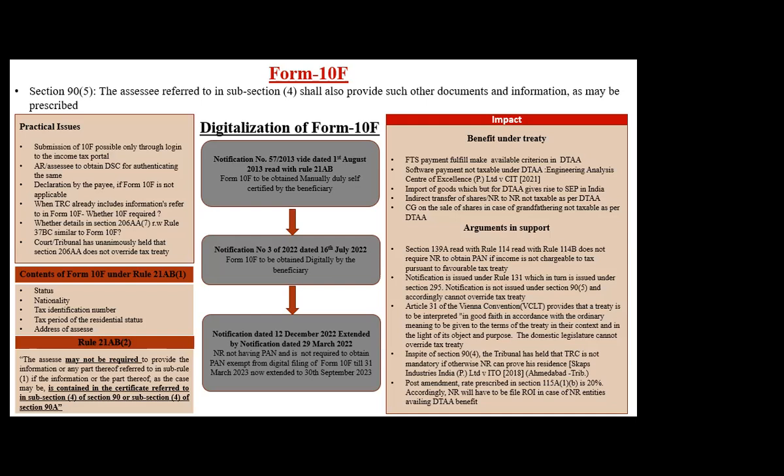And then we are saying that purchase or import of goods which come under SCP in India, because of the threshold of that 2 crore or the user threshold, is chargeable to tax in India, but because of the treaty, it is not chargeable to tax. So now what has to be done? 10F has to be taken. We have no other way. We have to take 10F because it is chargeable to tax in the domestic law. Although we are claiming treaty benefit, 10F is for what? For claiming treaty benefit only. Section 90 subsection 4 and 90 subsection 5 have been brought into ambit only for claiming treaty benefit.